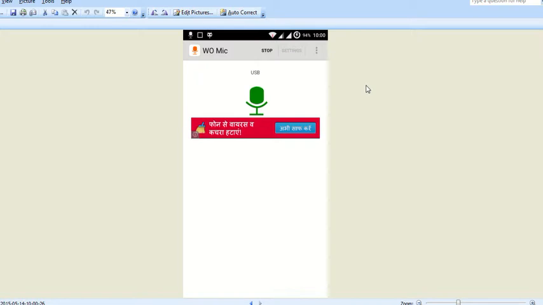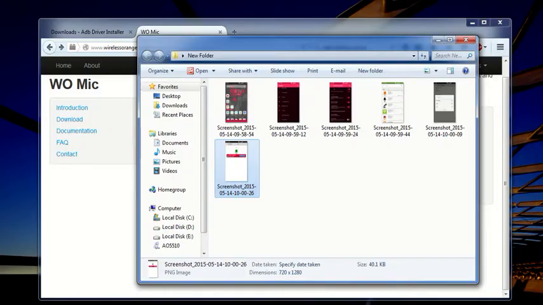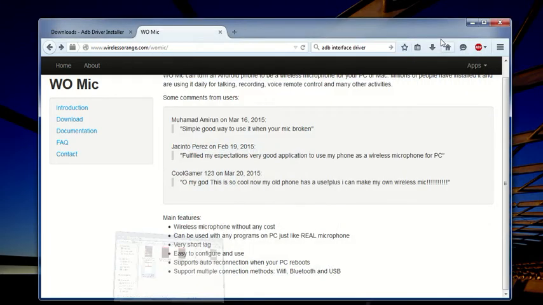It will not take more than 2 minutes and installs very easily. The problem may occur when you are configuring the connection between the PC and the mobile.